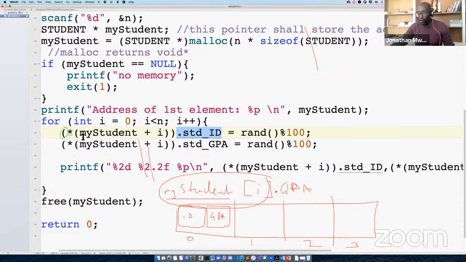That's why I'm putting all these parentheses together. Okay, then I can use the dot operator because now this will give me the actual place and then dot, get me this. And I can do the same for everything else. So I'm dereferencing and then using the dot or the member operator to be able to get the items.